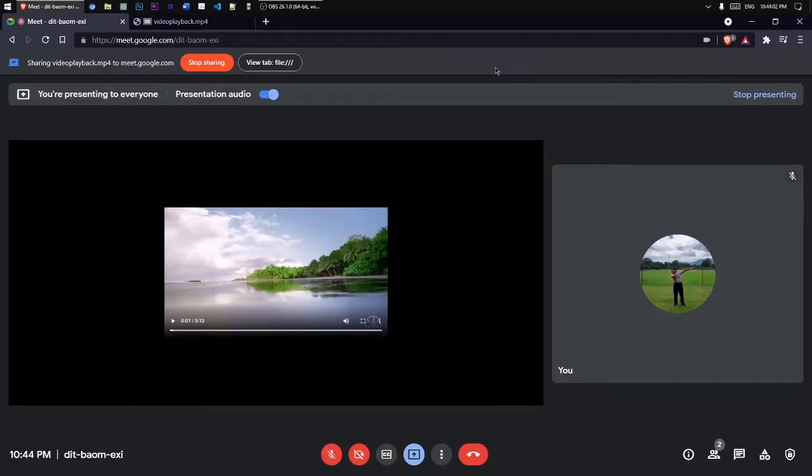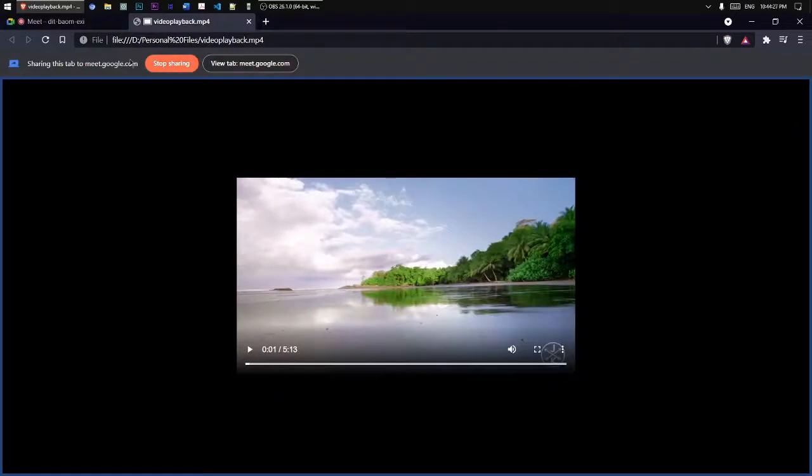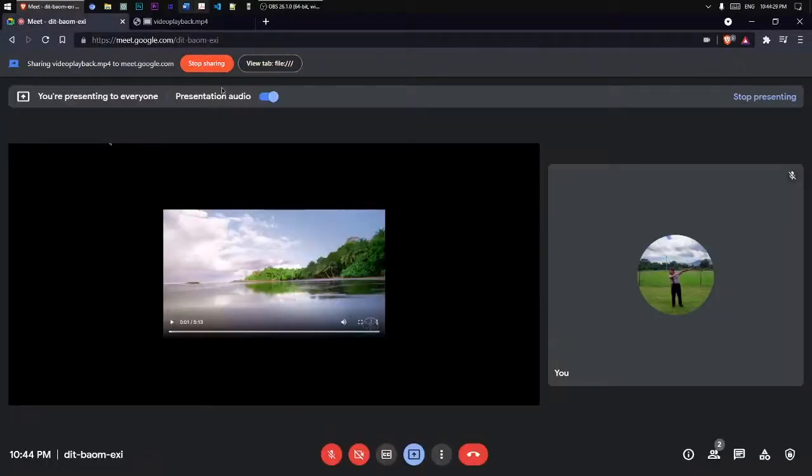You can try this out on your own. You can have two devices in one Google Meet video conferencing link, and then you can try and share the audio directly using your Chrome tab, and then you can have another device, either a phone or a tablet or another computer, listen to whether or not the audio is there. But as you can see here, it's definitely there, since you can mute the slide if you want. You can also unmute it, which means that it's definitely sharing the audio directly inside the Chrome tab.